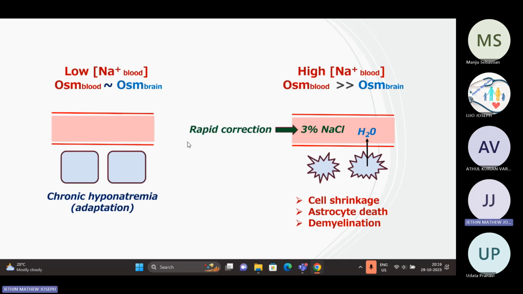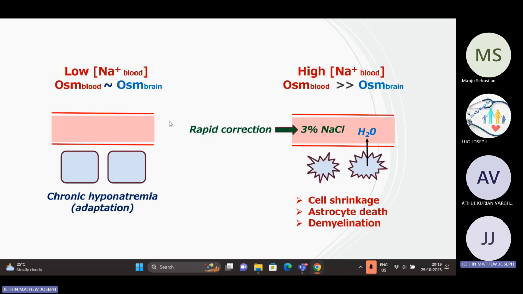So what happens if you rapidly overcorrect in chronic hyponatremia? In this figure, we've depicted chronic hyponatremia. An adaptation has occurred. There is no swelling, but there is hyponatremia. So sodium concentration in the blood is low, but osmolality is almost equalized. So what happens? You saw that the sodium is low and you're rapidly overcorrecting it with 3% NaCl. In this case, because the osmolality is already almost the same,